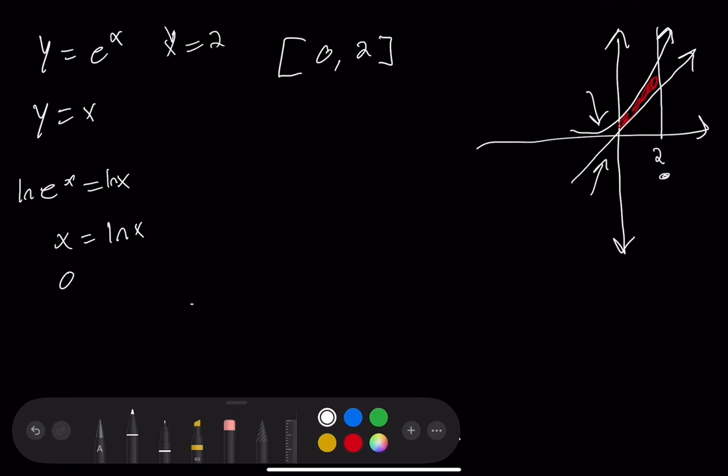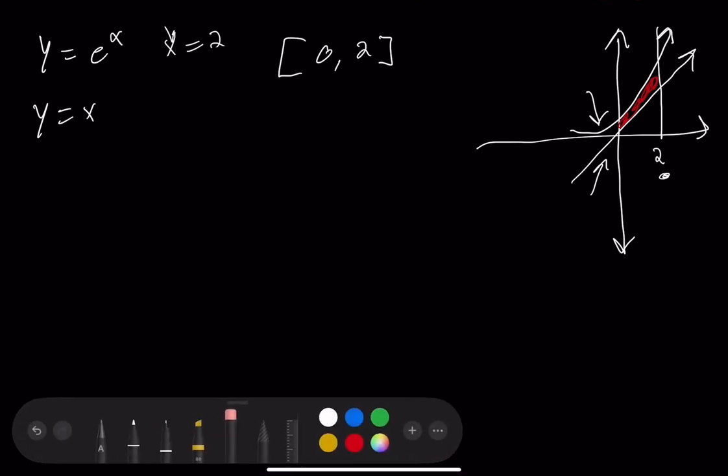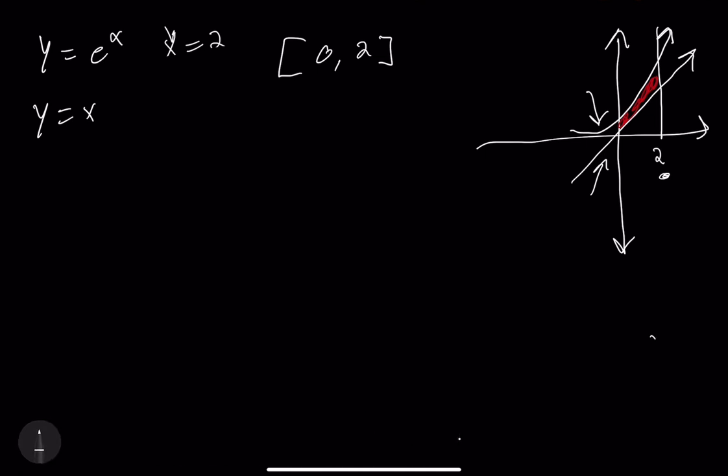Now we will solve from there. So we will need to take the integral from 0 to 2 of e to the x minus x. Okay, and then after we set up from there, it'll end up being, we know e to